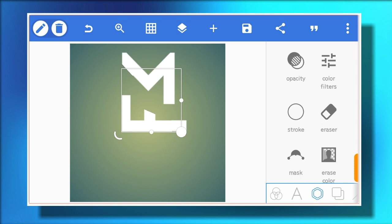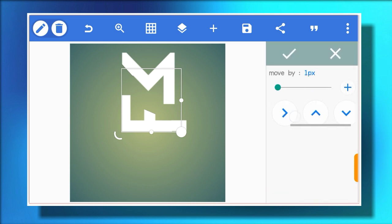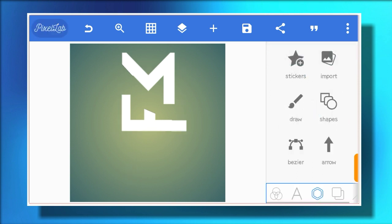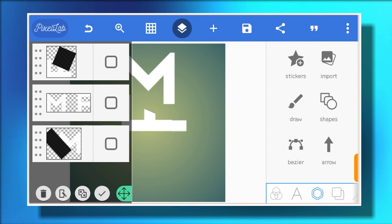From there you head up to positioning. You move your F shape a little. You move it a little. You adjust it the way you see me doing it on the screen. You okay, then now you go to layer. What you're going to do now, you're going to merge